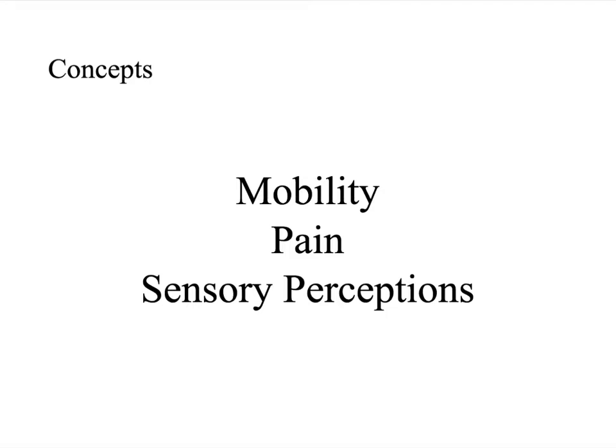Sensory perceptions means that there can be some numbness, some burning, tingling in their extremities. So again, those are the things that the nurse needs to think about as far as care of the patient with these disease processes. And that's what we're going to apply to the knowledge that we learned about osteoporosis and Paget's disease. So begin to think about how a nurse should take care of a patient who would have difficulty